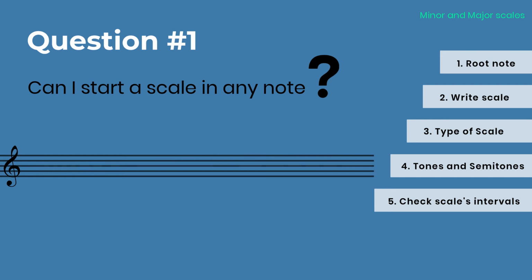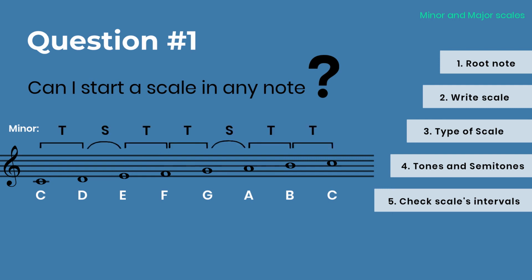Let's try another one. Grab your root note, write all the notes of the scale without repeating any letter, choose the type of scale, use the semitones configuration of the chosen scale, and set up the scale with sharps or flats. Notice that between D and E should be a half step. Therefore, we use a flat on the E to shorten its distance from D. Luckily, the next interval becomes correct too.